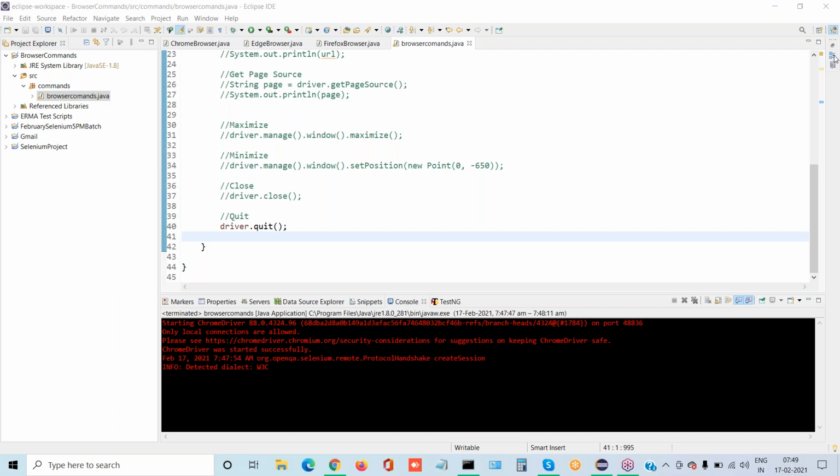Okay, hold on. I really appreciate you starting. But what are the browser commands? The interview question is a direct question. They are not asking how you write it and all those things. So you need to tell it, and don't say driver dot. Driver is the object. Okay: get title, get page source, get current URL, get page view source, maximize and minimize, and close and quit. This is the answer you need to give.